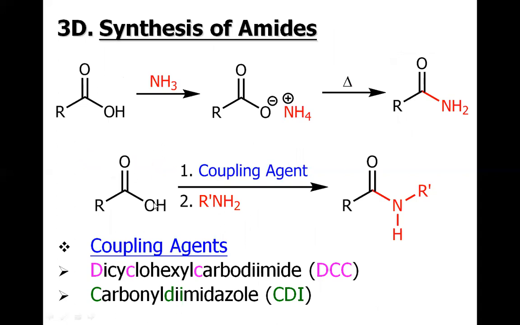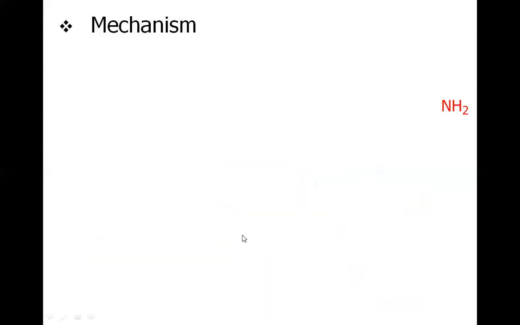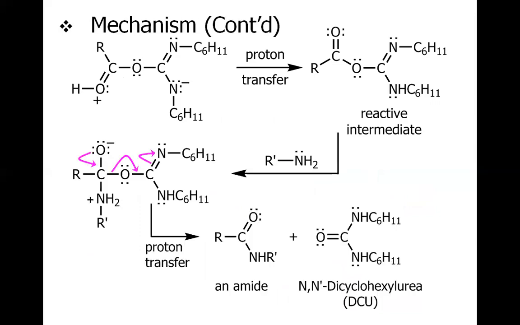So overall we have the OH group replaced with this NRH group, and water has departed. The OH from this carboxylic acid and H from this amine form the water, and that water has added to the DCC to have dicyclohexyl urea as the byproduct.